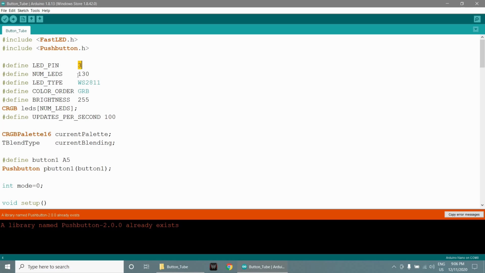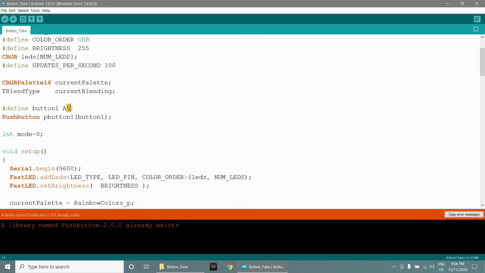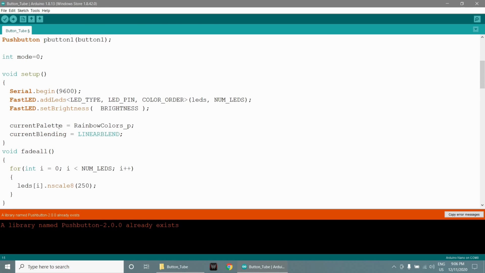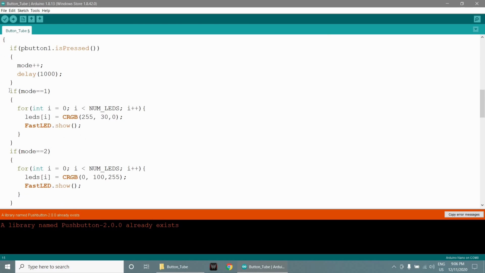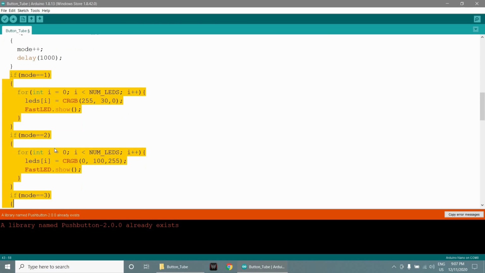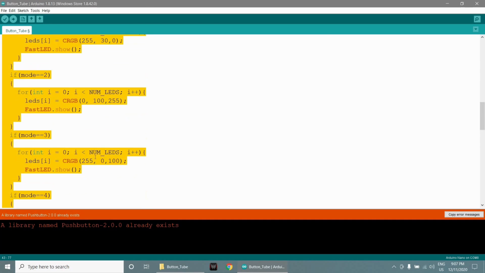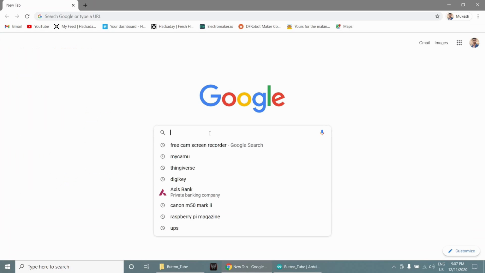In this code you have to define the LED pin, number of LEDs and the button pin. As per the circuit diagram, the LED pin is 3, the button pin is A0 and the number of LEDs is how many LEDs you have used. In this code, I have made 7 modes, in which 5 of them are static color modes and 2 of them are scrolling color modes. You can change the static colors by changing the RGB color value.